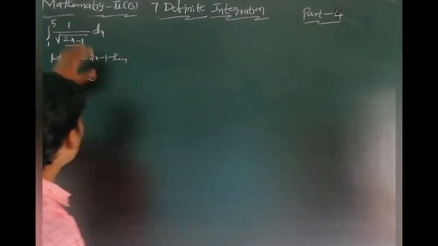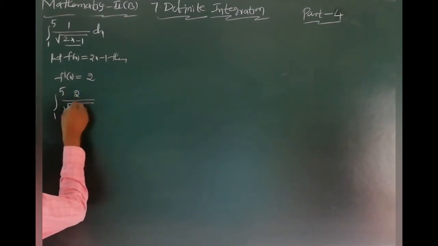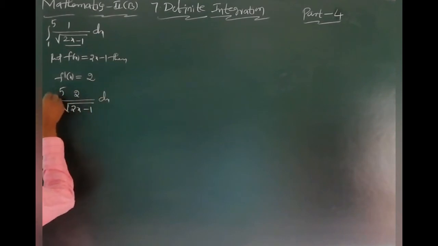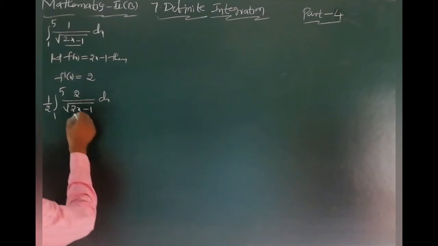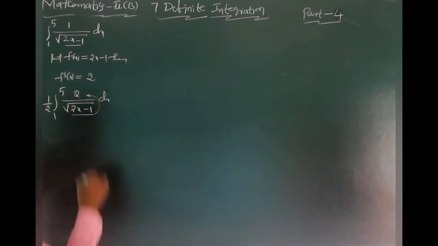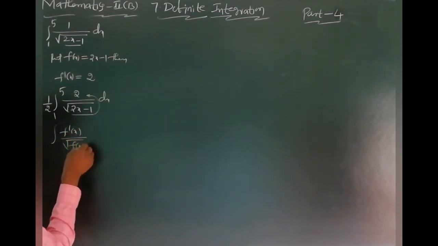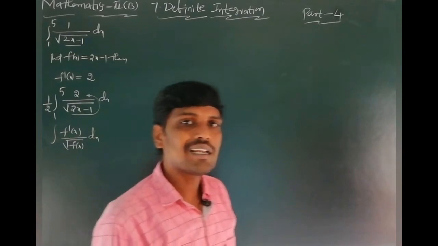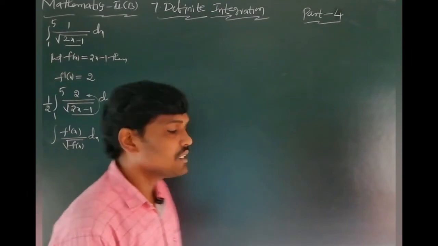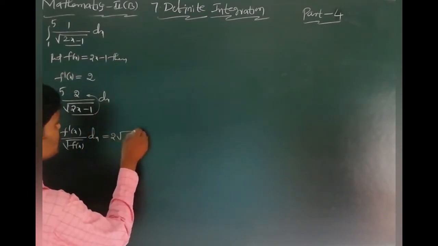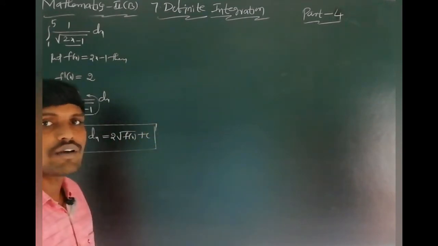That's why here in this function, multiplying and dividing with 2. Here 2 multiplied, here 2 divided. Okay, suppose this is f of x, this one is f dash x. This is in the form of integral f dash x by square root of f of x. Correct or not, students? Integral f dash x by square root of f of x form is there. What is the formula of this one? It is equal to 2 root f of x plus c. What is the formula? 2 root f of x plus c.